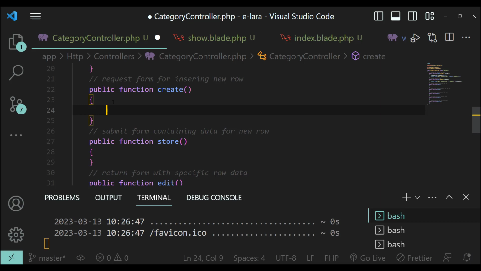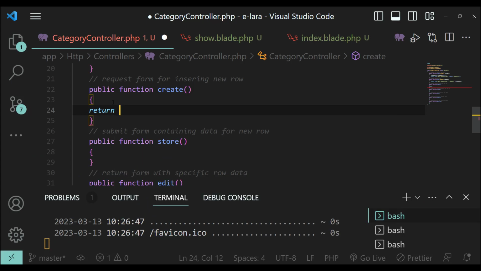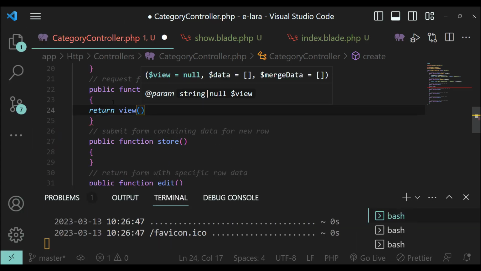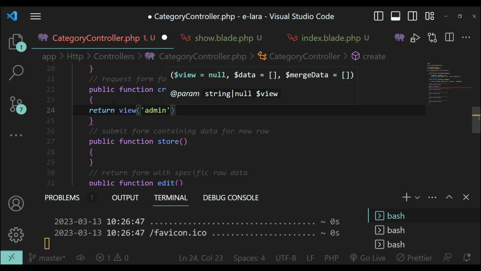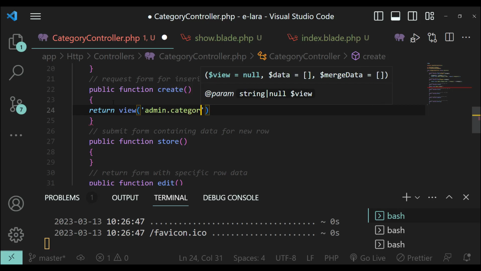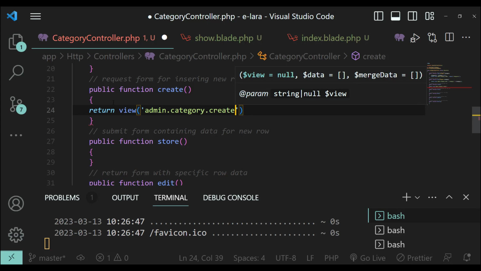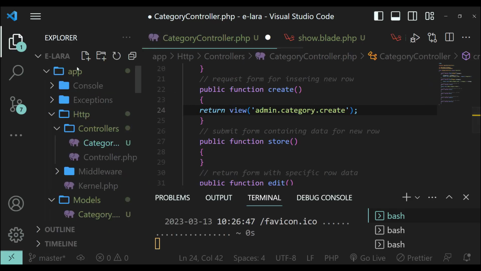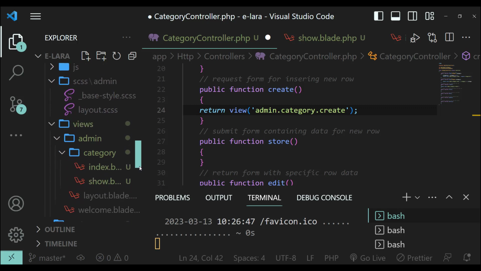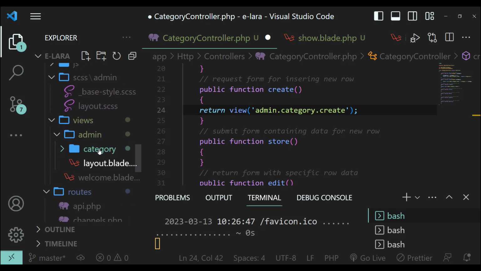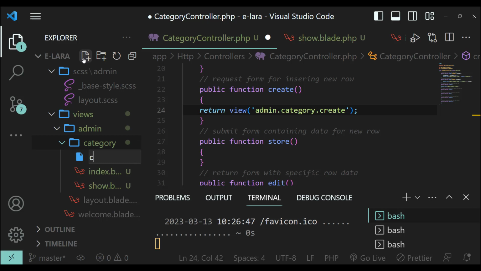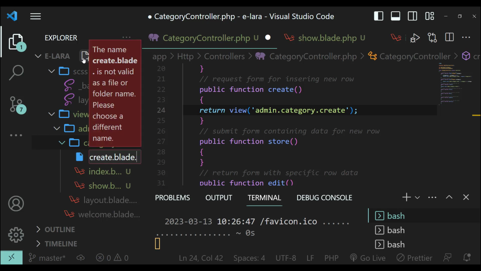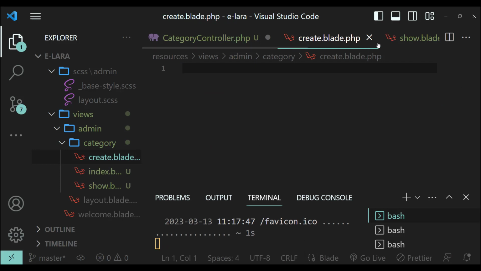This create method doesn't do much. It simply returns a view which will contain a form for the user to fill in. So let's simply return a view which is going to be in the admin folder, there inside category folder, and there the name is create.blade.php. That's it. We are done with this create. Now let's go and actually create this view. So for that, let's go to views, and inside this categories folder, let's create create.blade.php. Okay. Now again,